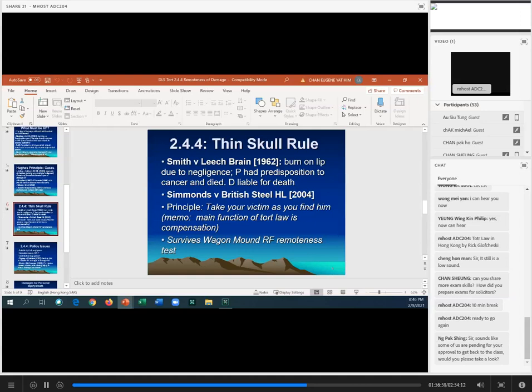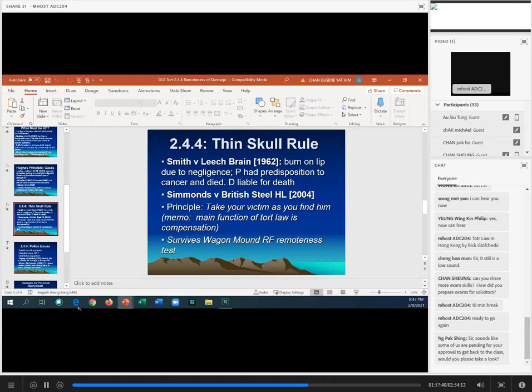The defendants must take their victim as they find him, so the aggravation of the psoriasis and the anger which led to his depression can both be assumed to fall within the scope of their liability, so long as there was a causal connection between these symptoms and the accident. So again, you notice it's an employer-employee relationship. And remember, in these situations, the courts are very much on the side of employees, and you take your victim as you find him. The main function of tort law is compensation. Also, employers should take out insurance to cover these situations.